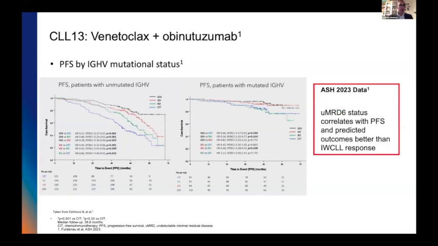And we have observed a similar difference between the mutated and unmutated IGHV as the one we observed in the CLL14 study. So in the younger patients, that paradigm of the mutated patients doing very well and the unmutated patients doing less well is maintained with all the 4 different treatment combinations, and in this case, interesting to see that in the unmutated IGHV, the triplet does have a progression-free survival advantage against obinutuzumab and venetoclax, although